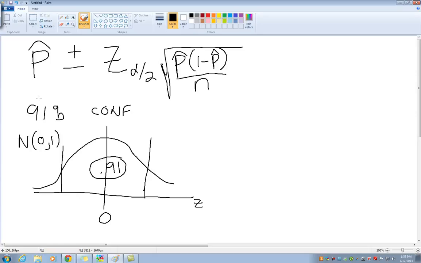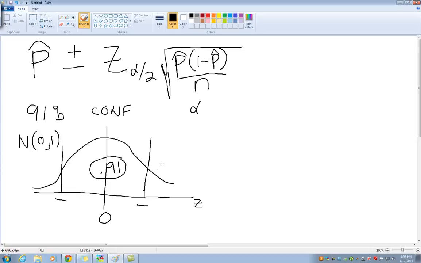If we want a 91% confidence interval, we want these boundaries to cut off the middle 91%. We find what boundary makes that happen. Why it's called z alpha over 2 is this total area outside the boundaries is called alpha. It will make more sense when we do hypothesis testing in chapter 8 as to why that's the one we actually name rather than the one we use to get the confidence interval. But the fact is our alpha is equal to 9%, or 0.09, and our alpha over 2 is half that, 0.045.